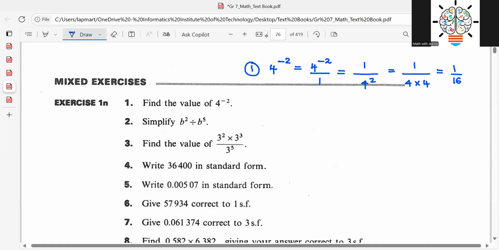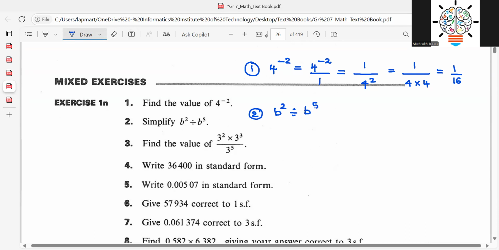Okay. 4 to the power -2. First, I want to convert the negative index into positive index. For that, I want to get the reciprocal. So that becomes 1 over 4 squared. So then 1 over 4 squared means 1 over 4 times 4. That is 16. Then question number 2, you have b to the power of 2 divided by b to the